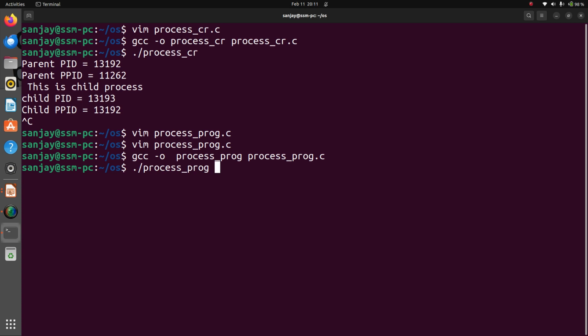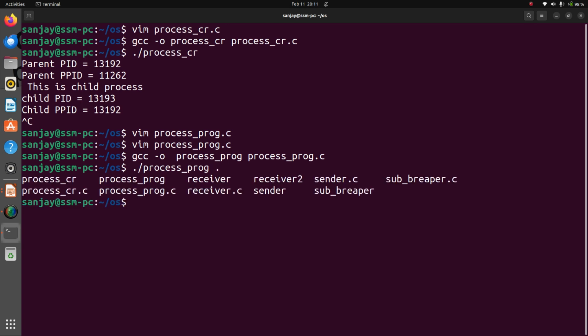Now we need to pass the command line argument, so I will pass dot, which stands for the current directory. Yes, it is listing the files and directories in the current directory. This is all about overlaying a process with another program. So I have successfully finished with processes in Linux.